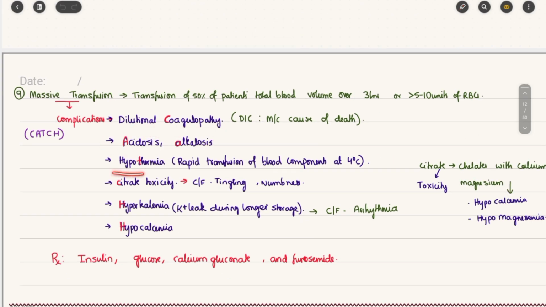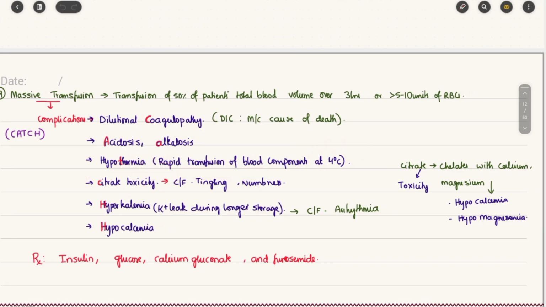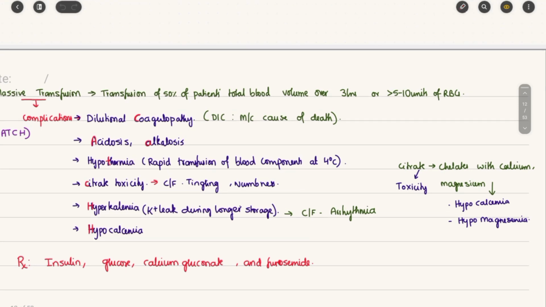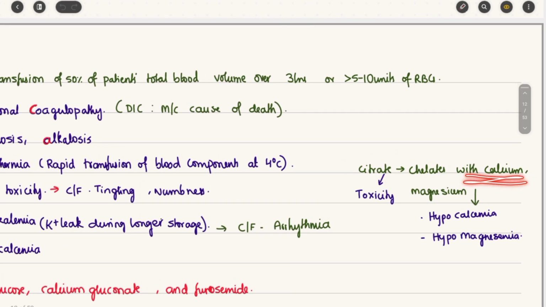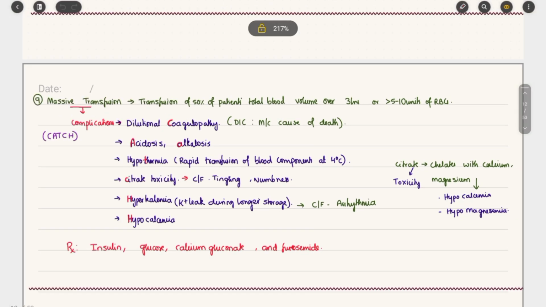Hypothermia is seen because you rapidly transfuse blood components stored at 4 degrees Celsius. Citrate toxicity occurs because of the citrate present in the blood bag as an anticoagulant. This citrate will chelate calcium and magnesium, hence there will be hypocalcemia and hypomagnesemia. Okay, the calcium and magnesium levels will be reduced in the blood. But